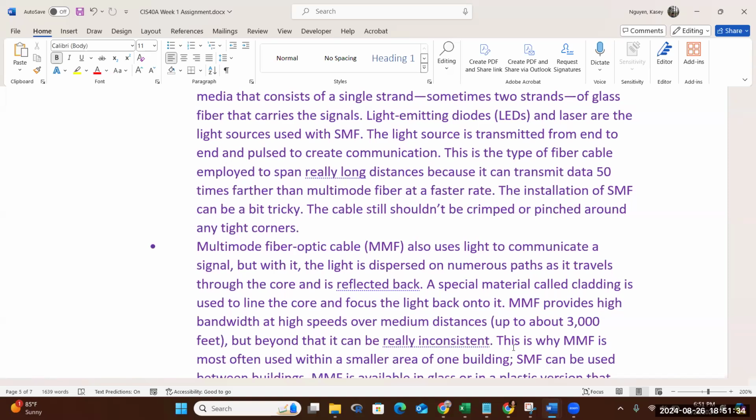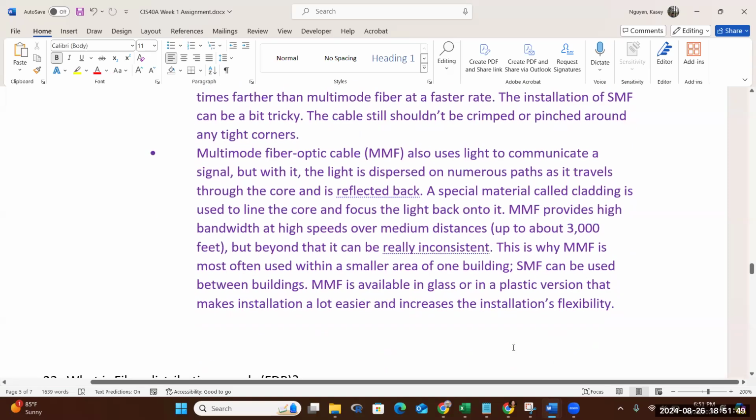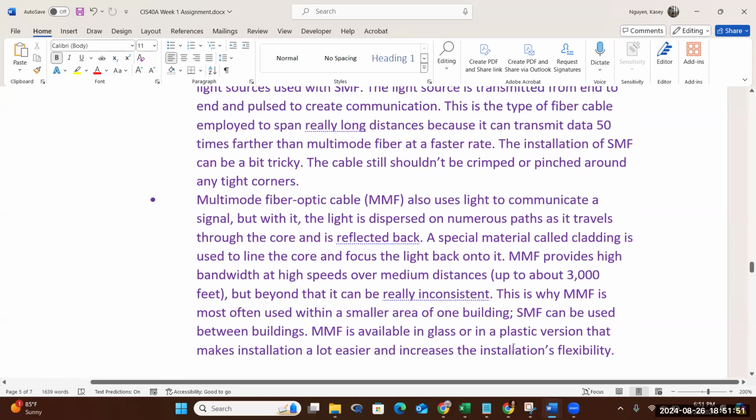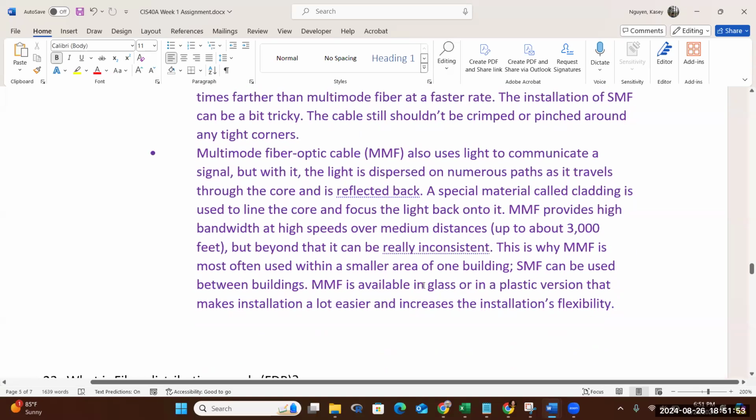And you can probably find fiber at retail stores like Walmart, Home Depot, online. And I just pulled this from the notes, so